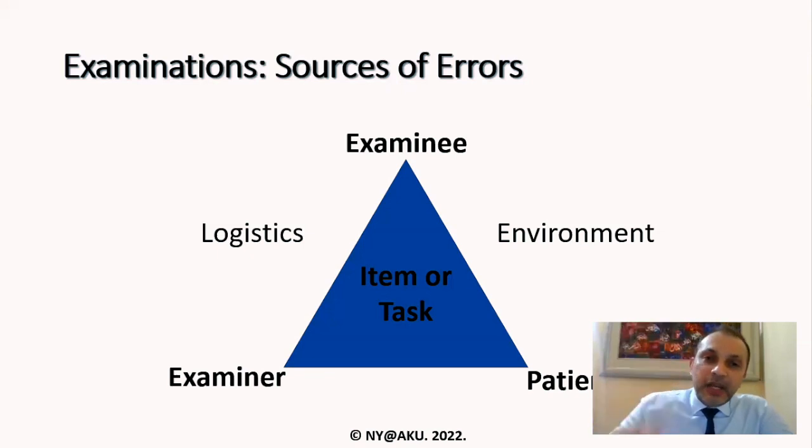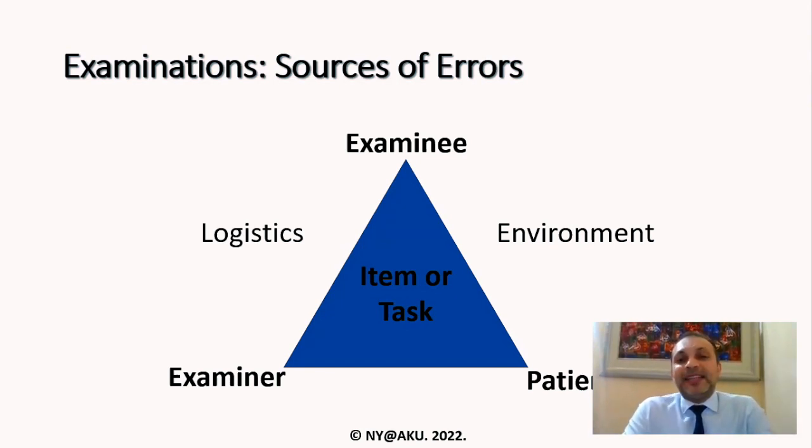So the variation in score, our aim as examiners, as exam coordinators, as examination leads, as faculty members is, the variation in score should only or largely be due to only examinee performance, capability, ability, or competence, and all other